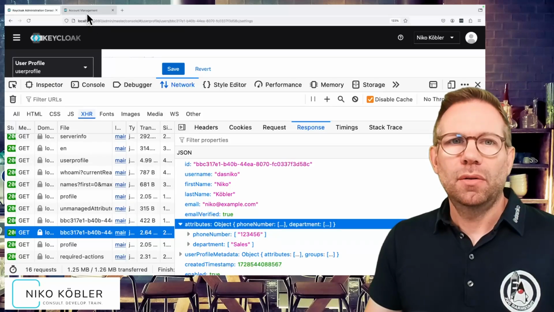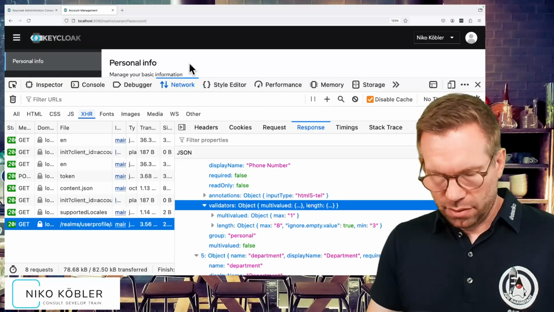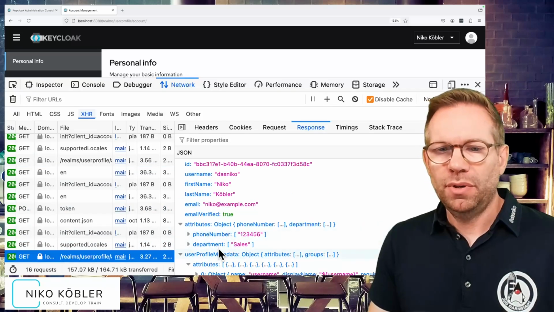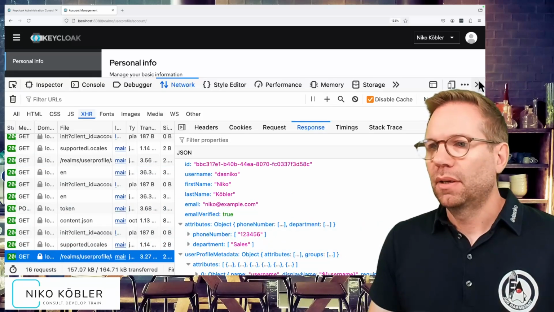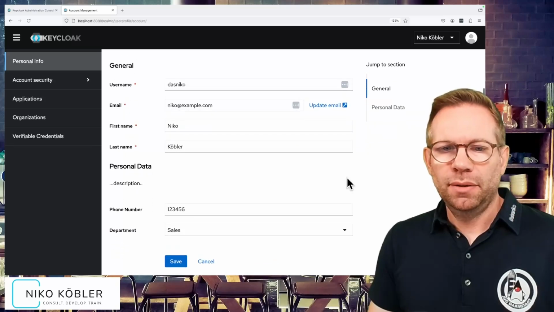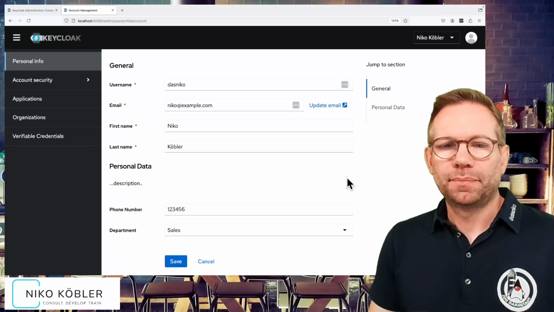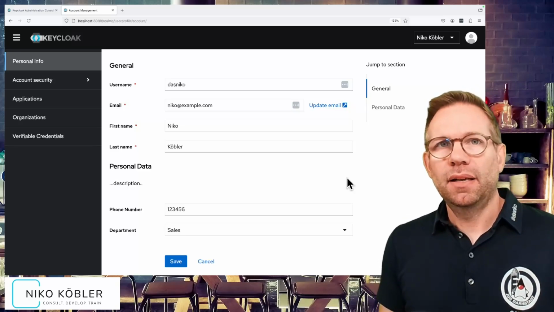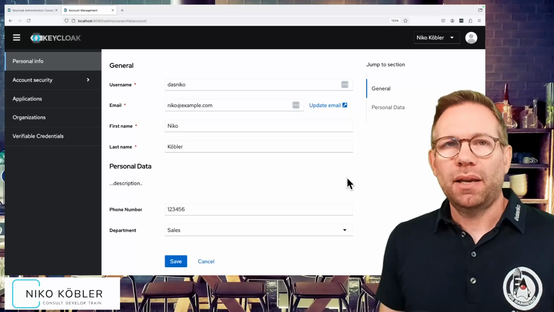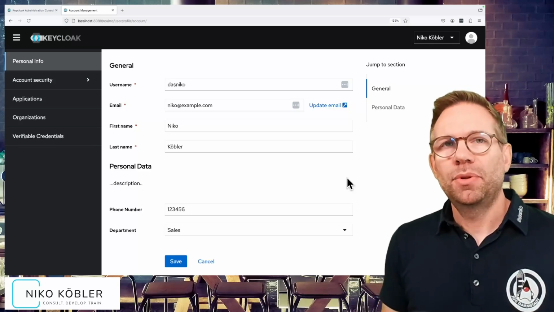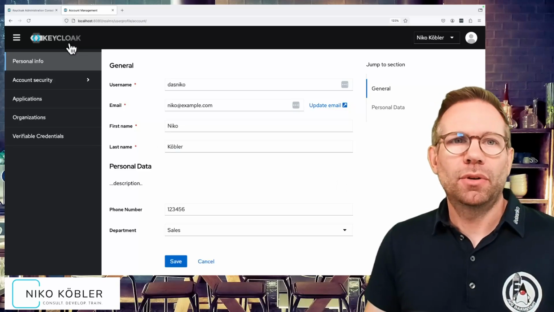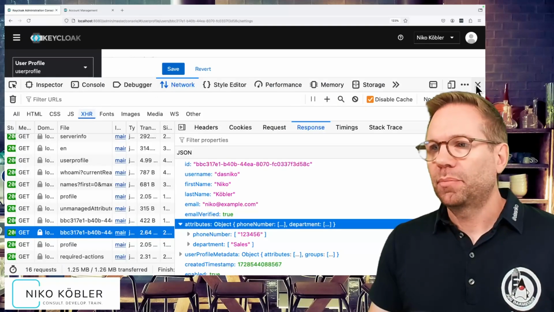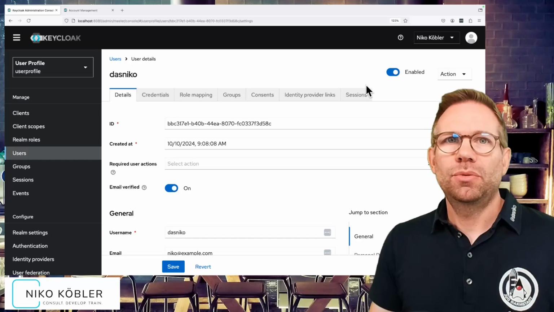And also, if we now switch to the account, in the account again, we have only the phone number and department, no more vegan. And we don't see the vegan field anymore. But internally, the vegan field is still there. And now I show you how you can get back the unmanaged attributes, so the attributes tab which was available before. Or if you migrate from a realm pre-24 to 24 and up,